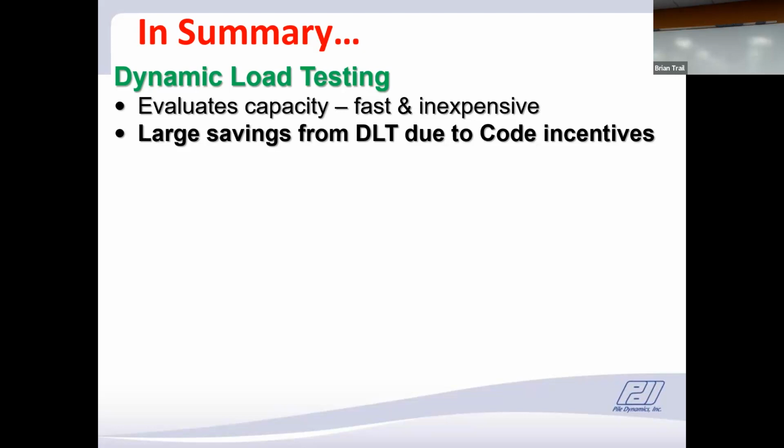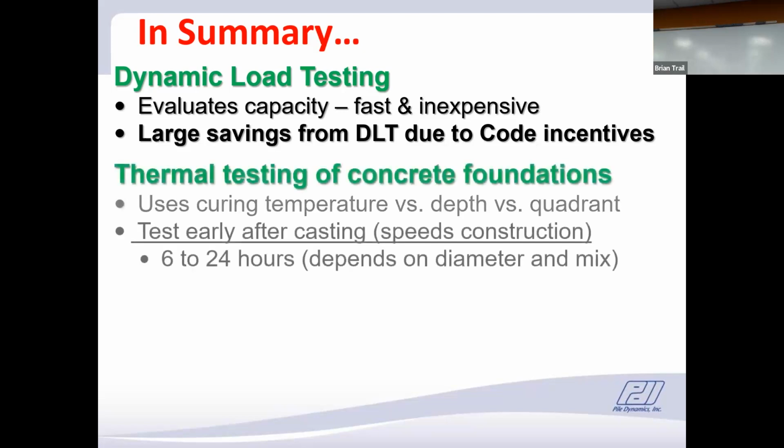And there are large savings from dynamic load tests through the code incentives. You can see that we can reduce the number of piles, which is reducing basically the cost, and you saw the cost savings that the Ohio Department of Transportation has attributed to the research that came out of CASE. So congratulations, CASE. For the thermal integrity testing, it uses the curing temperature of the concrete versus depth versus quadrant